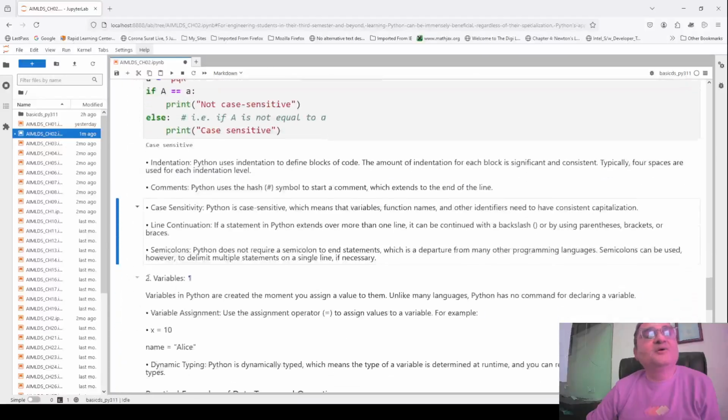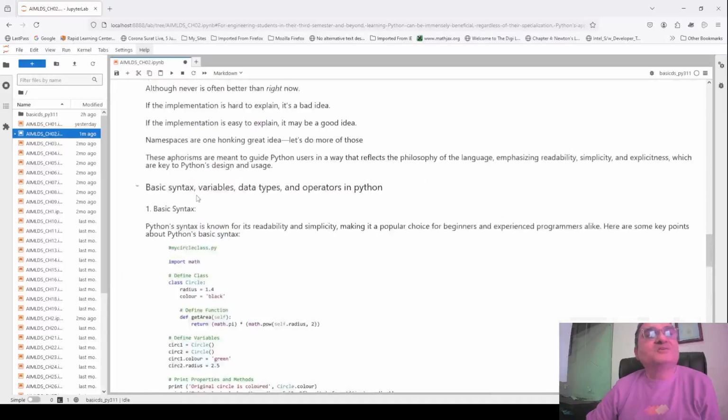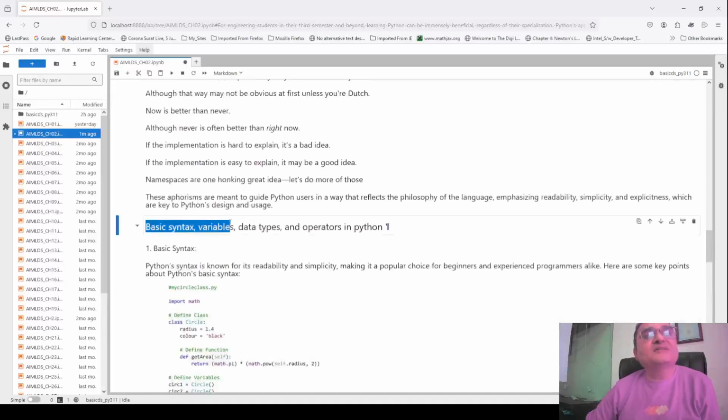Then we want to next talk about variables. We are discussing these topics: syntax, variables, data types, and operators. So far we have discussed syntax. Now we will discuss variables in our